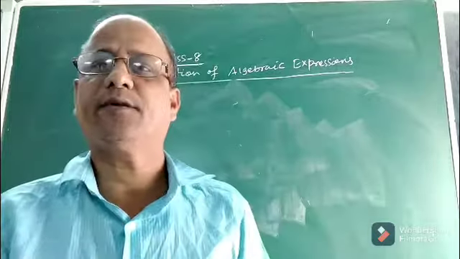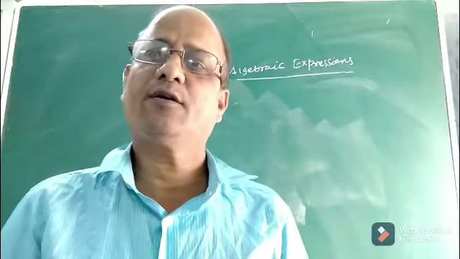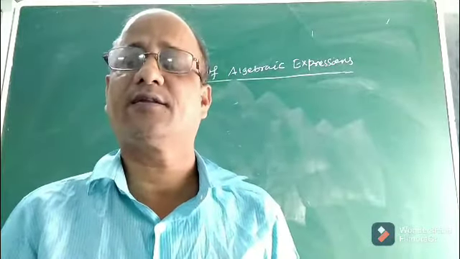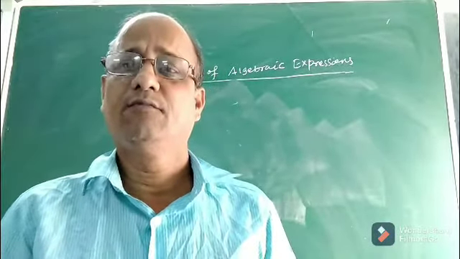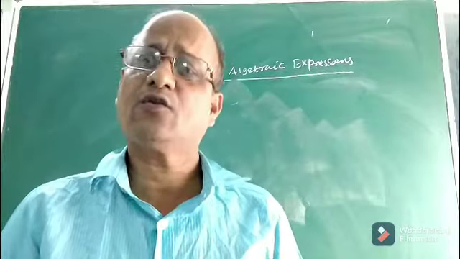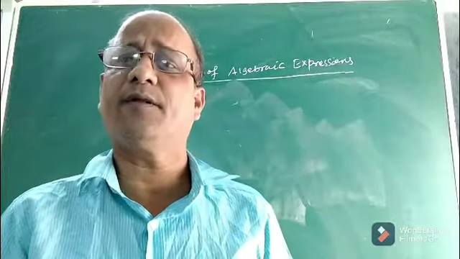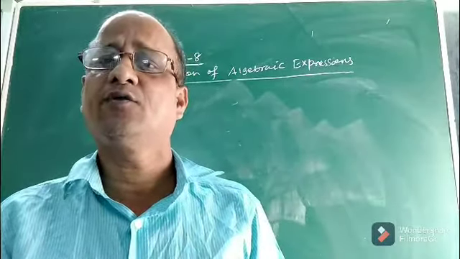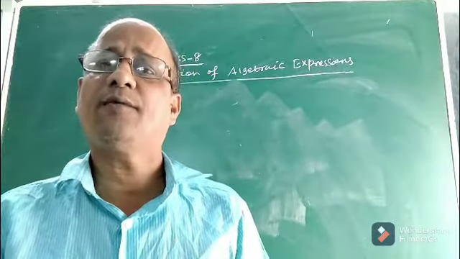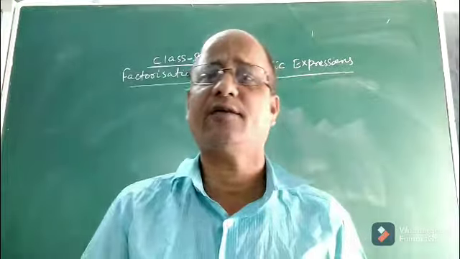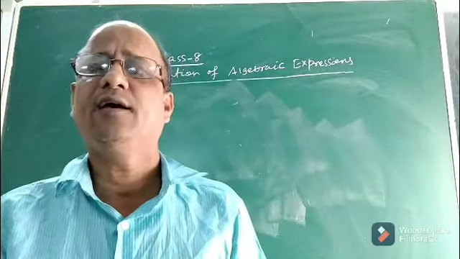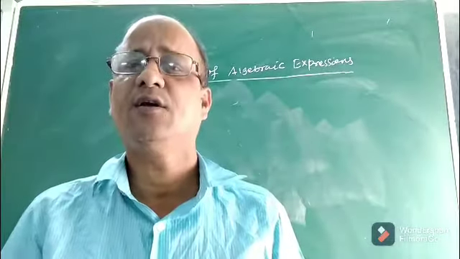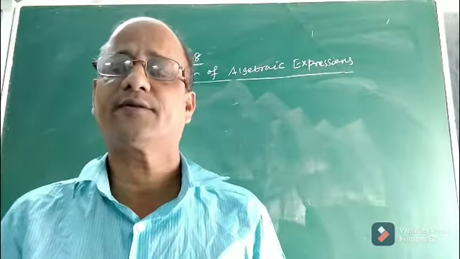Children, in previous classes, we have already completed different algebraic identities. There are 5 algebraic identities as per your syllabus, which I have discussed in detail, and also their application, how they are applied to problems, in what type of problems they are applied, and how you will do problems on algebraic identities. Already I have discussed so many problems. So today, let us discuss the last part of this chapter, which is nothing but factorization. Factorization of algebraic expression. Okay.